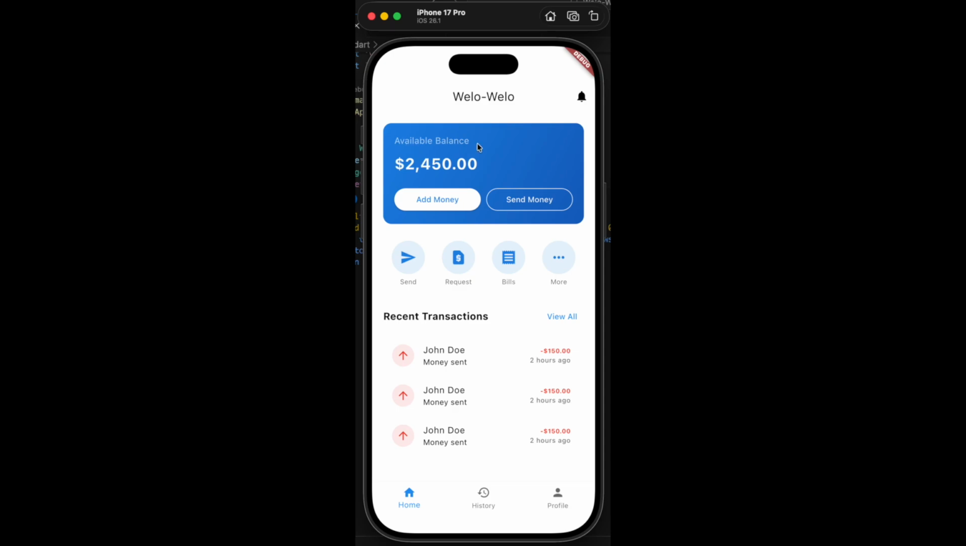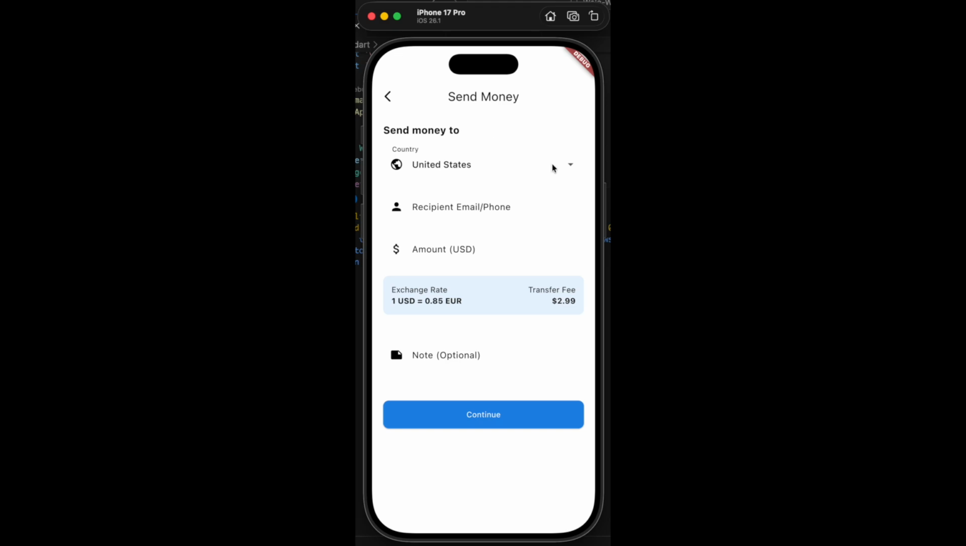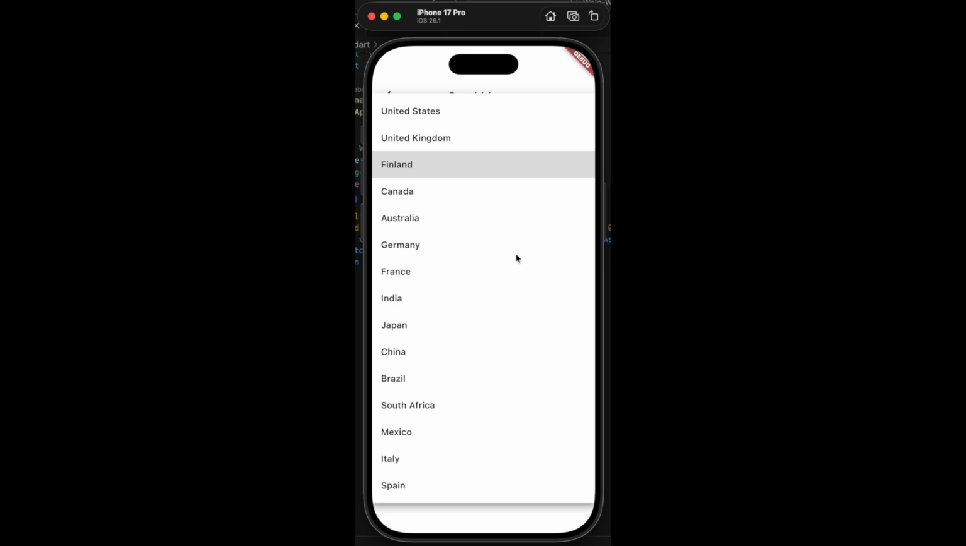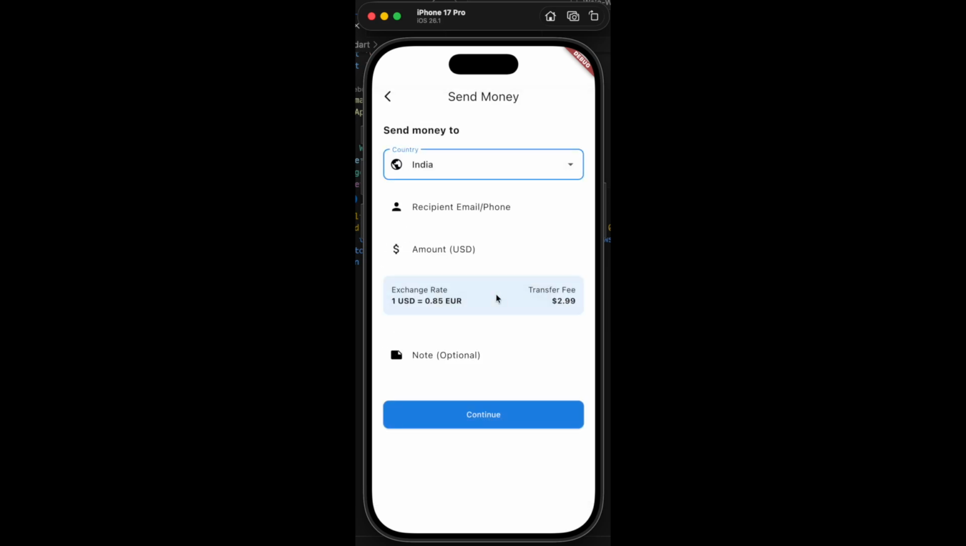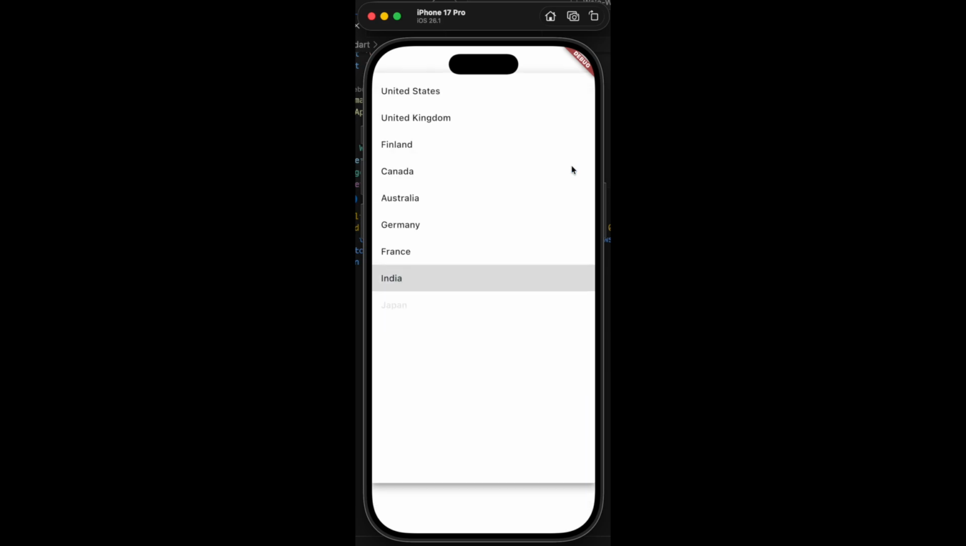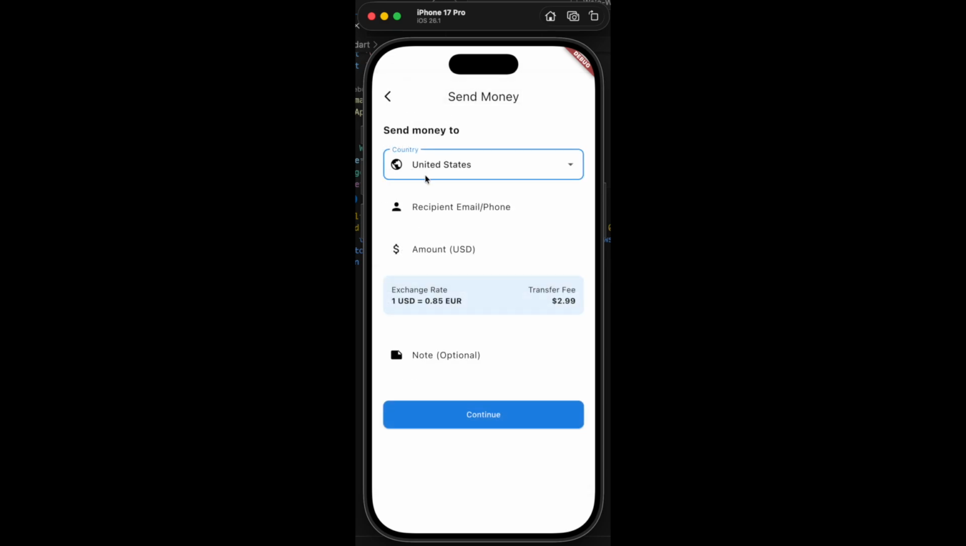So available balance $2,450. So from here we can send money from this button or from this one. So send money to, so we can choose a country like Finland. We can change to another country, to India for example, or we can stick with United States here. Down below we add the recipient email or the recipient phone number. Let's say